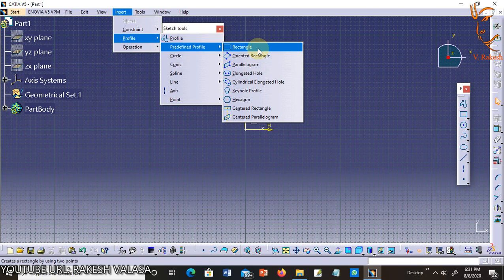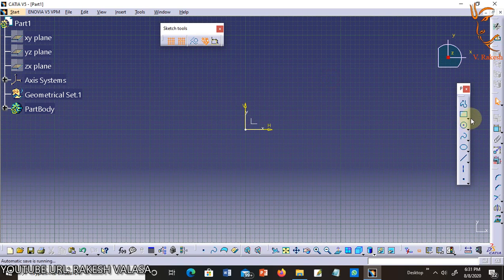To draw a rectangle, choose the arrow available on the right of the rectangle in the predefined toolbar. The predefined profile toolbar will be shown with the following tools, already explained in the insert menu.